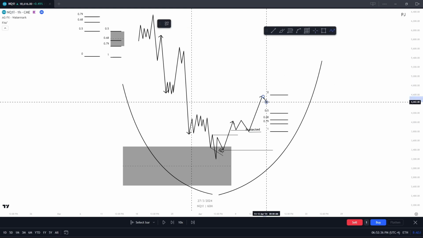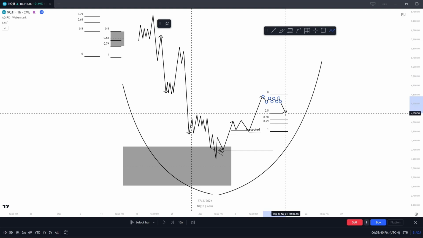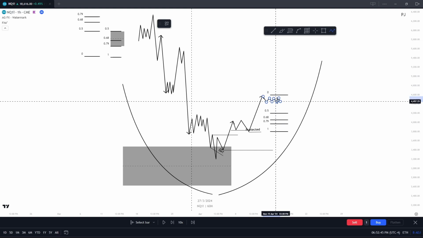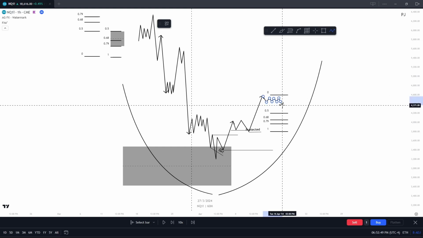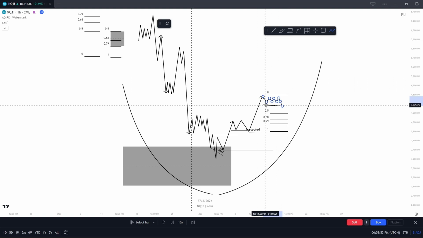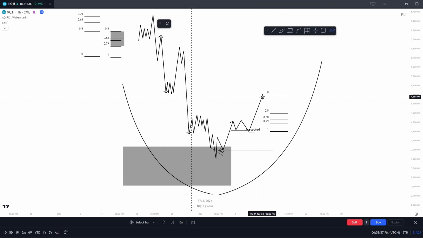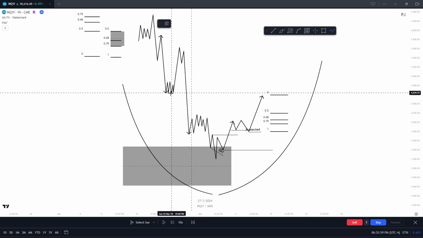So if we reaccumulate, we often won't see a deep retrace. We can, but we often won't. These time-based accumulations warrant no retrace, and we can either dig lower just a little bit and sweep into the fair value gap, or have a quick move higher, react to the breaker,